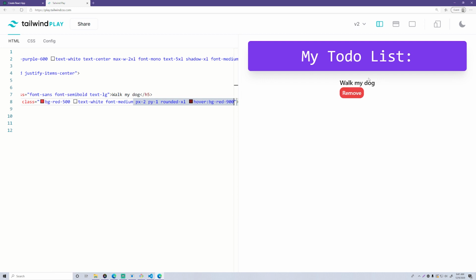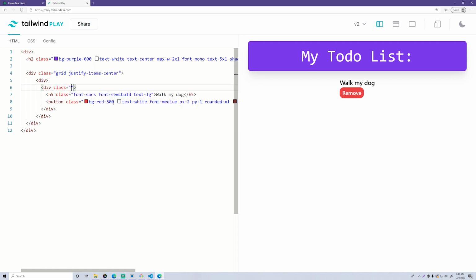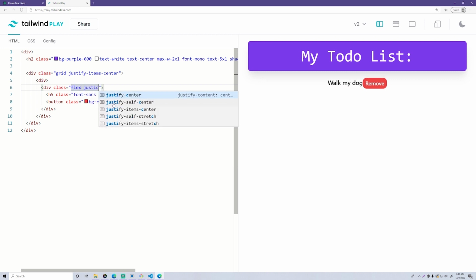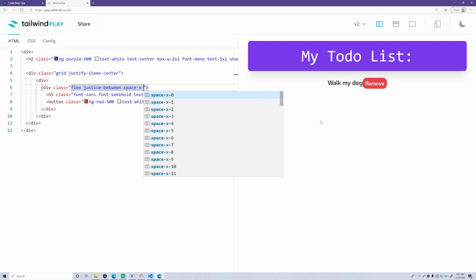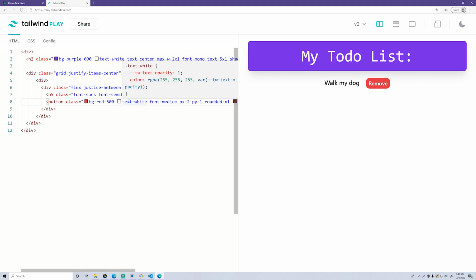And so let's put these two things on the same line, because it would make sense if they're on the same line. So we can do that with this outer div, that's why I put that there. We can do that by doing flex justify between space x5. So as you can see, it added it with the justify between, right? Or no, it was the flex. Yeah, it was the flex. And so justify between, and then if we want to add some spacing in between these two things, we can do space on the x-axis of whatever we want. So we do 5. As you can see now, it's spaced out pretty good. So yeah, that's how that works.